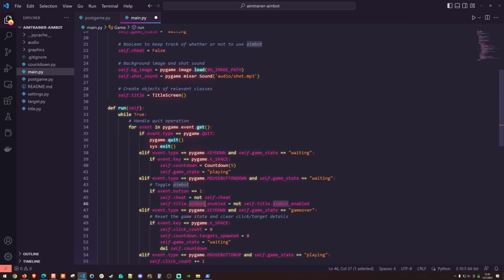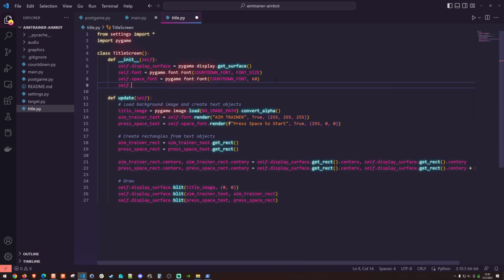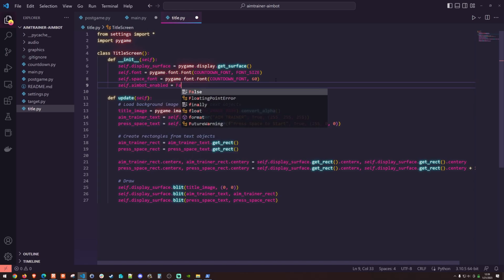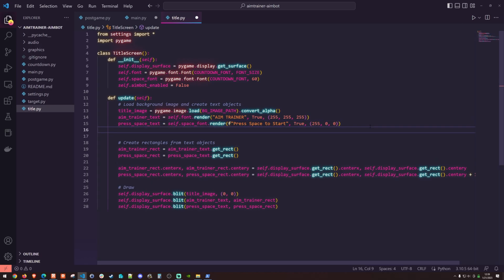And we also don't have aimbot enabled in title. So what we need to do is go over to our title screen, which is available to us in title.py. And I need to basically create a new init statement here, which is going to be self.aimbot_enabled equals false. So our default value, of course, is false. And now we need to have something that basically renders a different image based on what the status of aimbot enabled is, right? So what I'd like to do is have a new line item right here, and that's just going to be aimbot